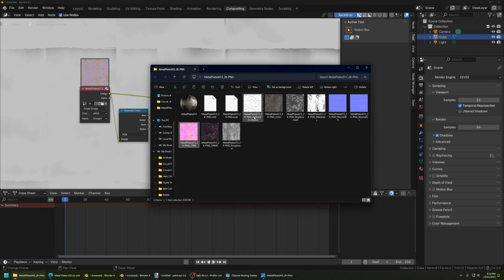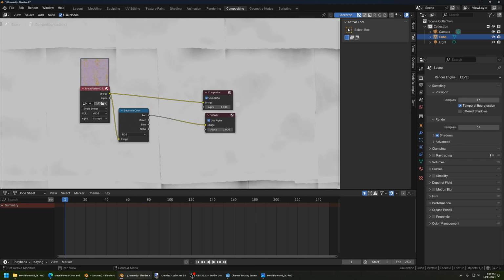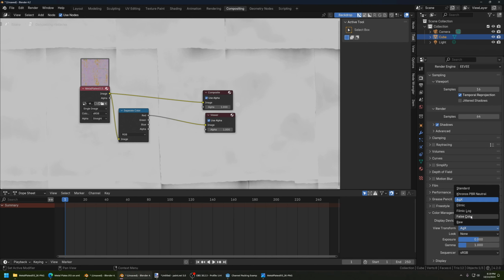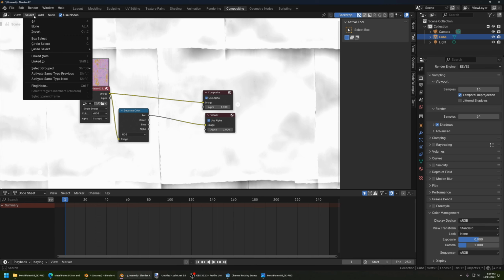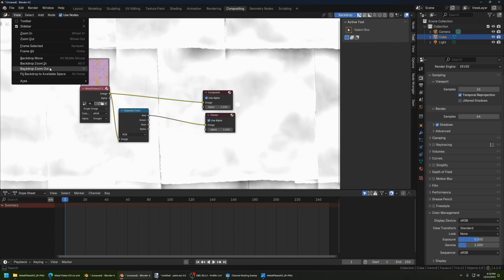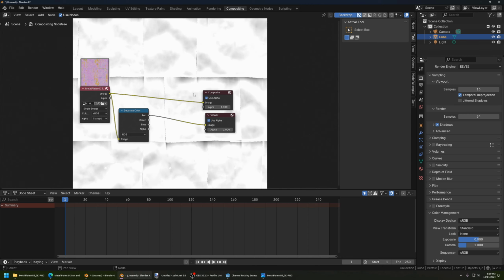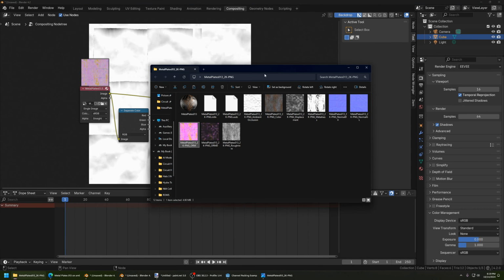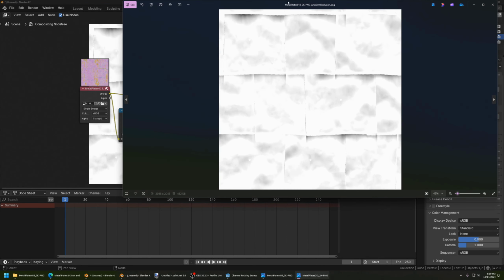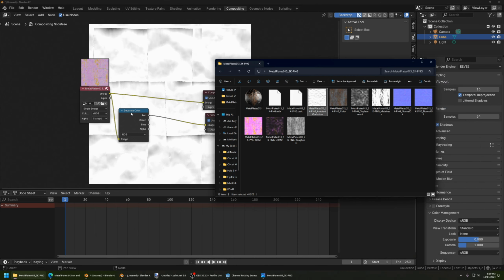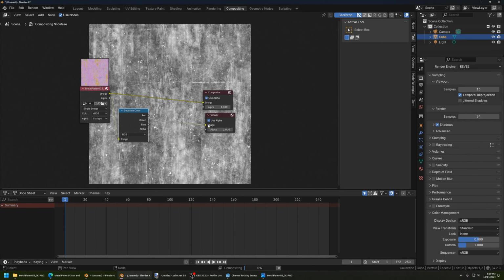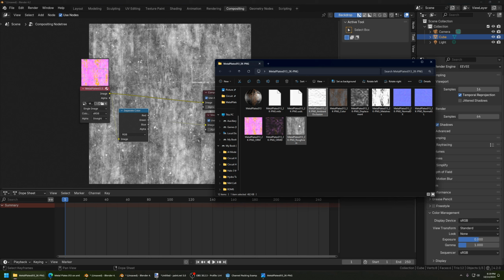And you'll notice, let me change color management to standard here so it looks even more accurate. Let me zoom out, and let's compare that to our ambient occlusion texture. Wow, that looks pretty much identical, and that's because it is. Let's take the green, let's put that into the viewer, and that looks identical to our roughness map, and that is because